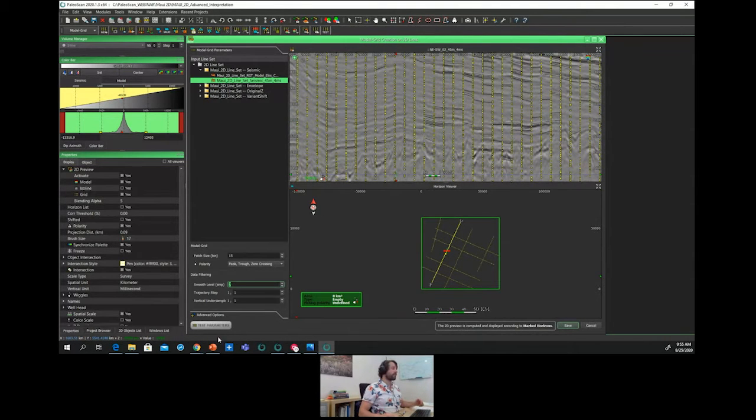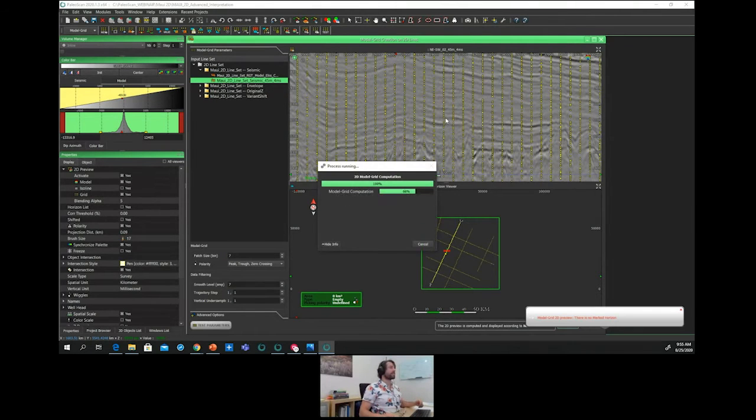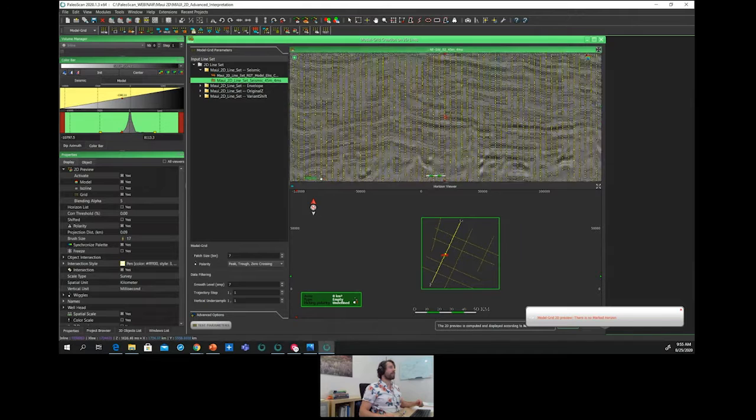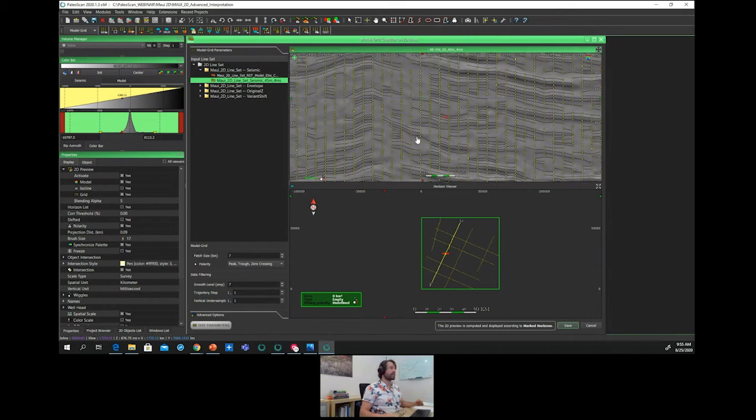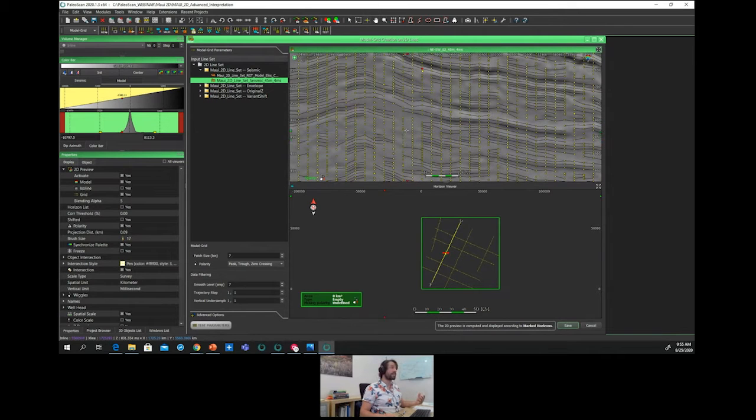Let's say smooth level of 7 and patch size of 7. By doing this, we are very sure that we take advantage of the full information coming from the seismic data. There are some areas where there are no links, but there are still nodes. That is why PaloScan will still be able to create geotime information even if the seismic horizons are not continuous.